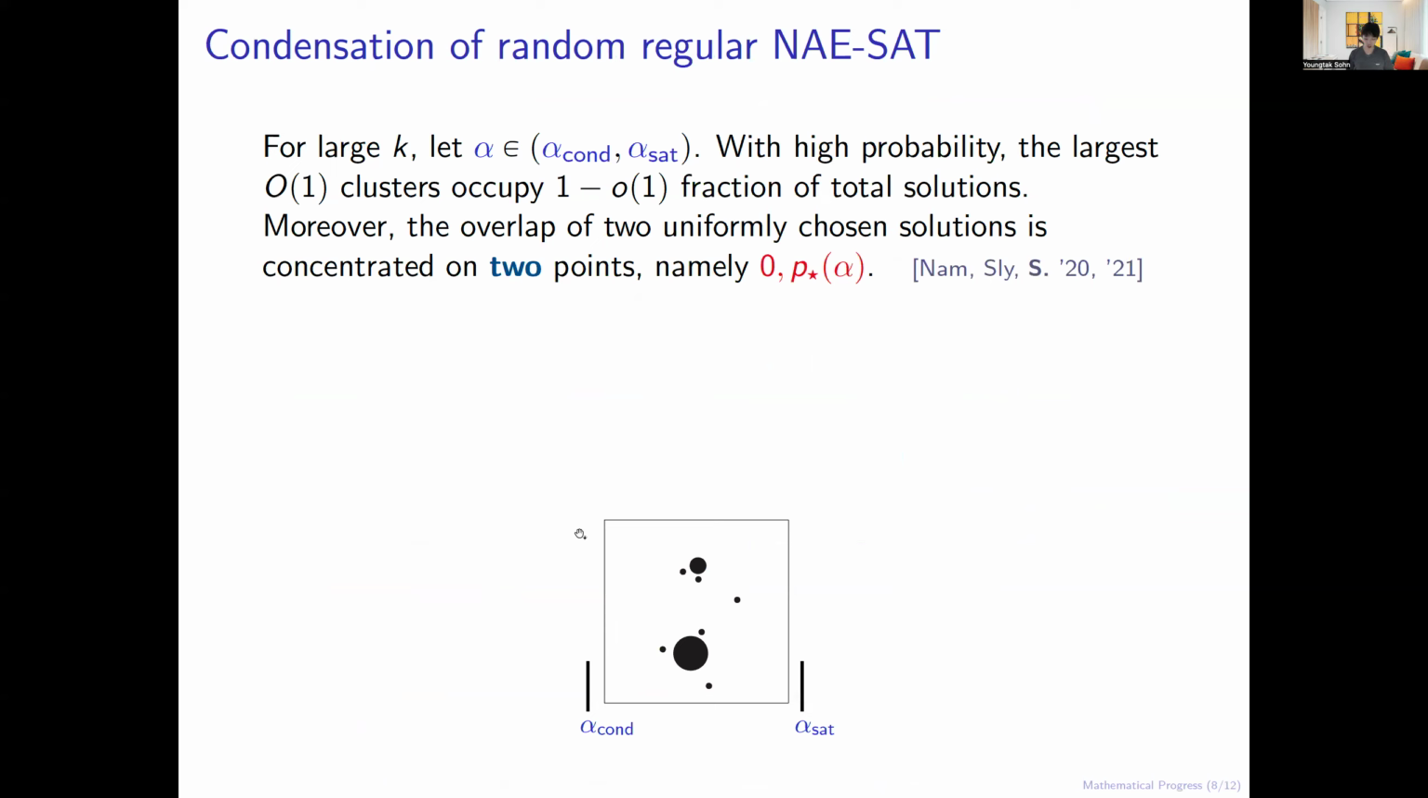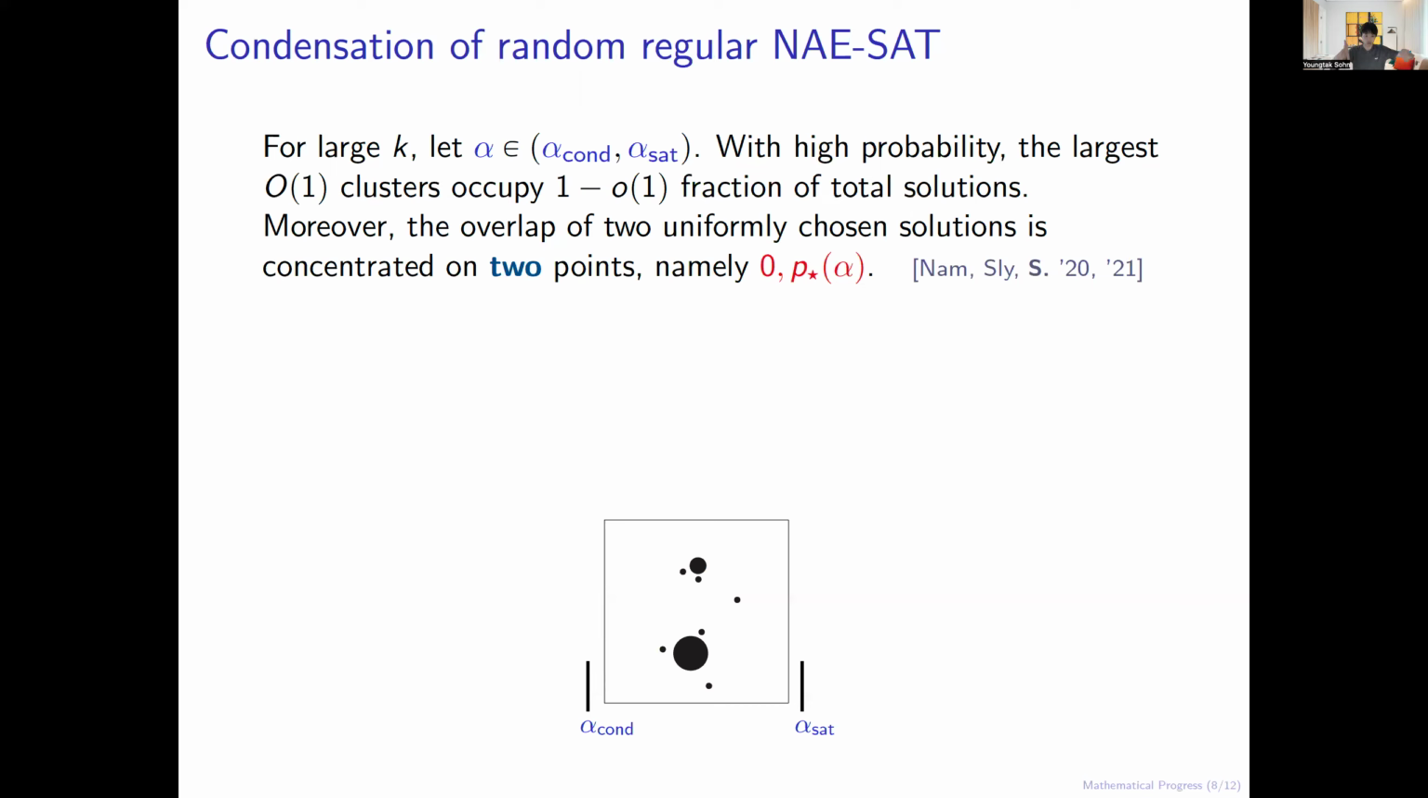So recently there has been a lot of mathematical progress in understanding the phase diagram of this random constraint satisfaction problem. In particular, by now we know many results for the random regular non-equal SAT model. And in particular, we know the condensation picture. For large k, we know that if alpha belongs to this condensation regime, then with high probability,